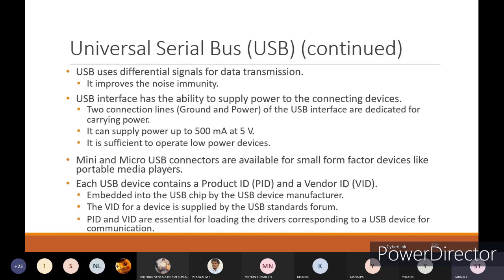See, whenever you are connecting any external USB device, like your pen drives, or a USB connection directly to mobiles, or to power banks, or to hard drives or hard disks, you will always be installing software on the host device to communicate with the external device. For those software installations, you need to have drivers. Those drivers can be installed properly if you have the proper product ID and vendor ID numbers for the USB device.